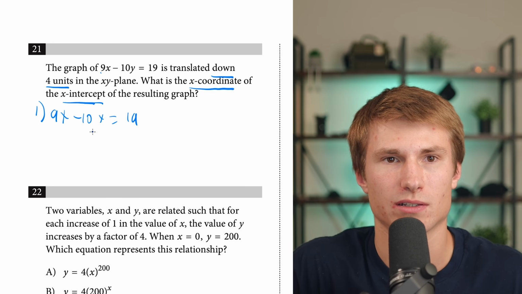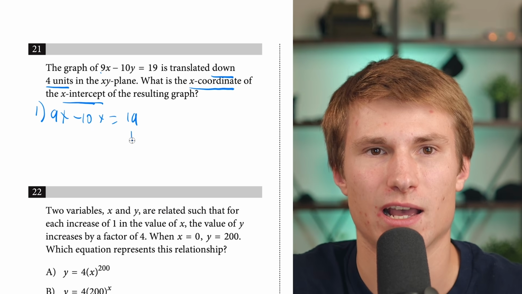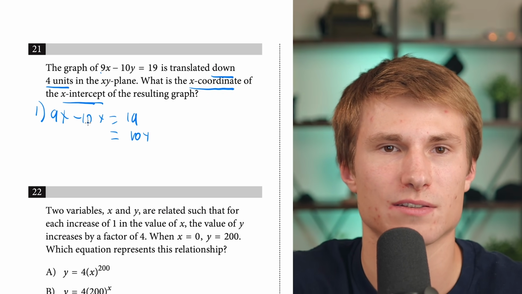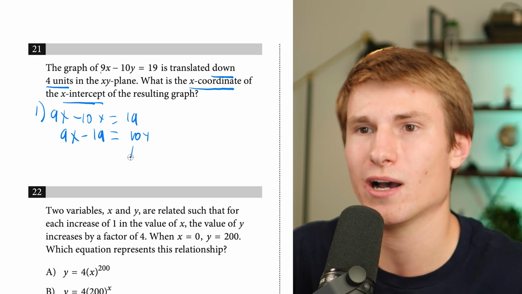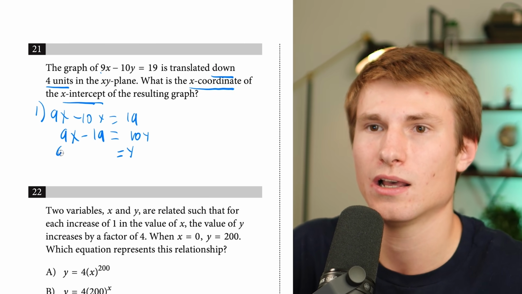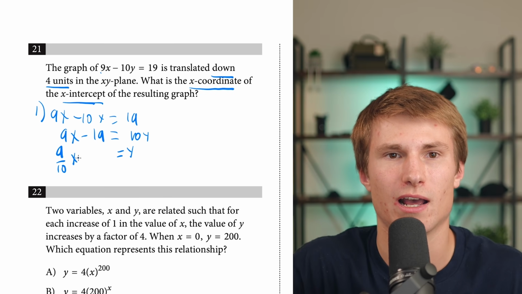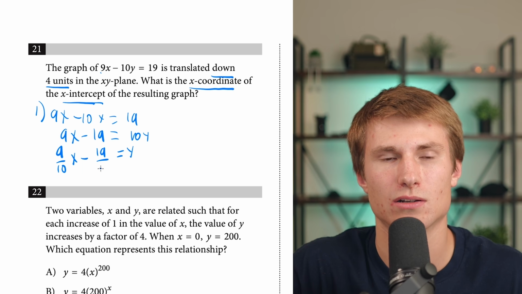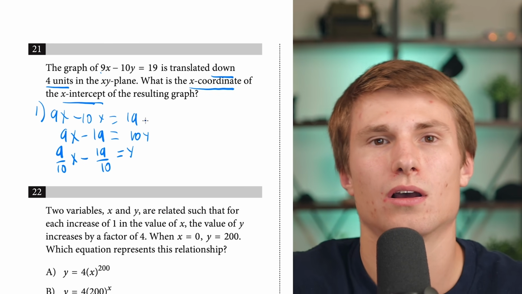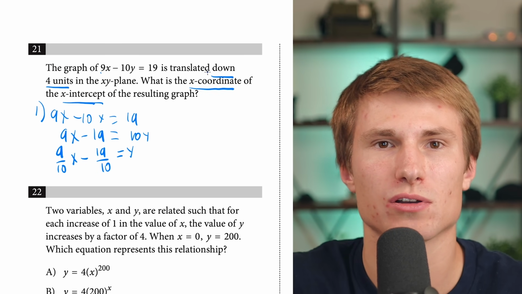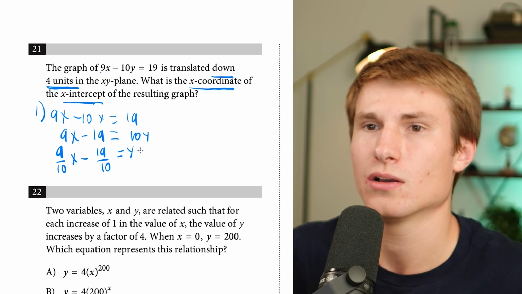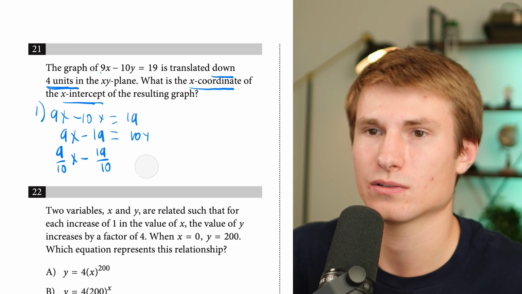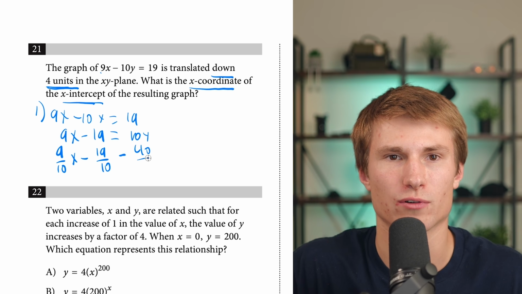I would isolate y. In this case, I would actually add 10y to the right and left sides, and I would subtract 19. So I'd end up with 9x minus 19 is equal to 10y. I divide both sides by 10, and I'd end up with 9 over 10x minus 19 over 10. Now, keep in mind that we are ultimately going to translate this graph down 4 units in the xy plane. So if we're translating it down 4 units, we would subtract 40 over 10